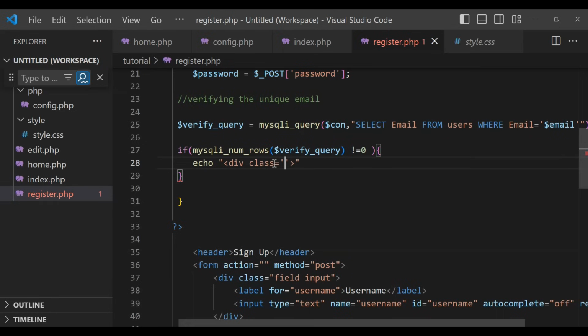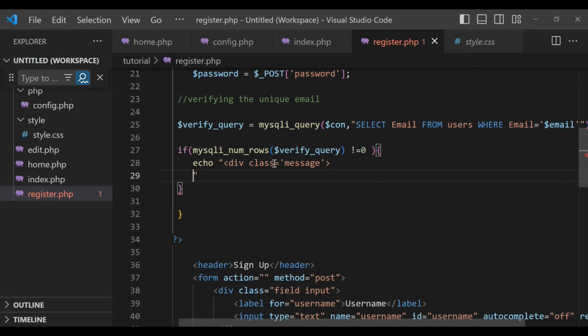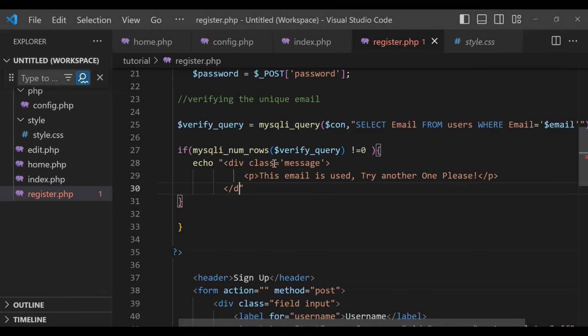So we are going to create another division for the message that will be displayed if the email is used by another user, and we're going to create another division for it and style it in order to look good. So okay,